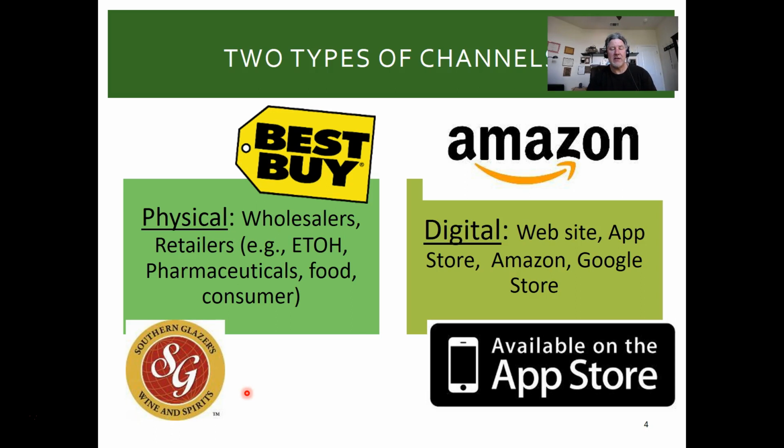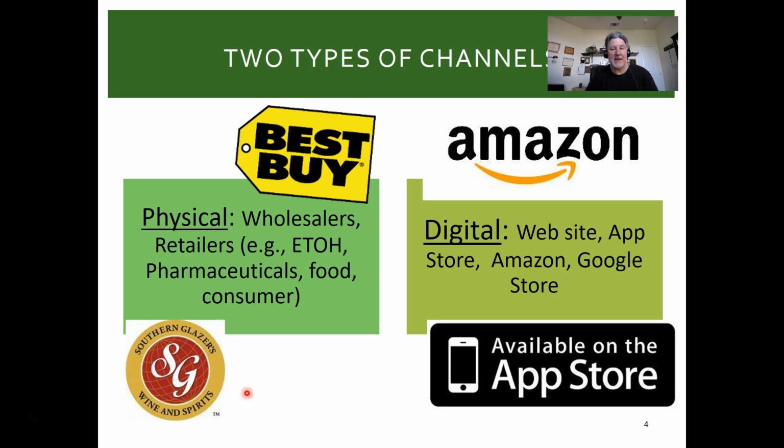So there's two types of channels. There's actually a few different types, but the two that I try to bring out first is physical, and that's talking about moving physical products from point A to point B, and usually wholesalers and retailers, and we'll get into it a little further. And then there's digital, and that's where we have products that can be both physical as well as digital products that are moved through